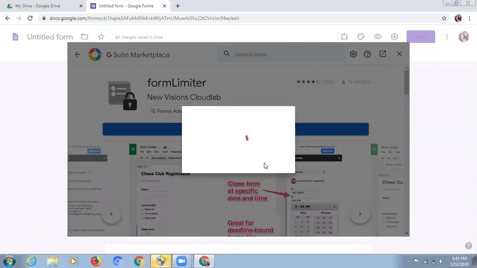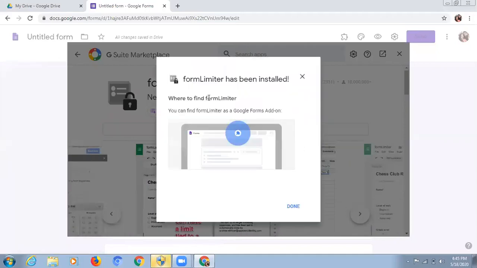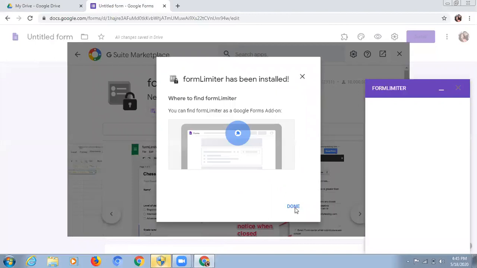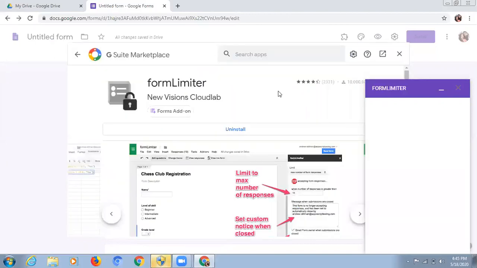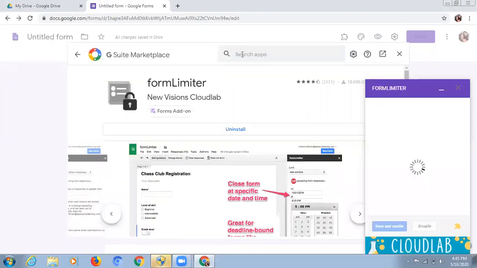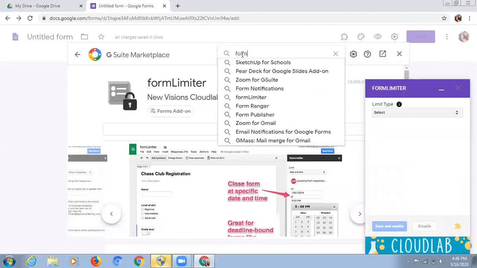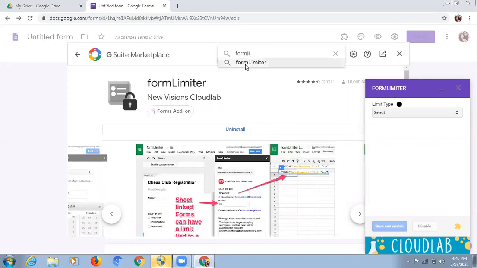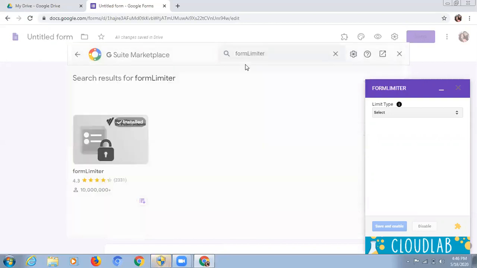And here you will see that it will be installed. So Form Limiter has been installed. I will click on done. In case you don't find Form Limiter here, you can just write Form Limiter in this space and you will be able to find it. You could see here. So now my Form Limiter has been installed.